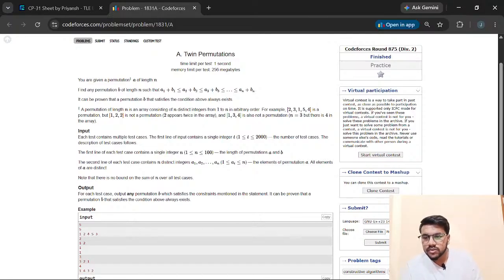Find any permutation B of length n such that A1 plus B1 is less than or equal to A2 plus B2, and A3 plus B3 likewise. Okay, it can be proven that a permutation B satisfying the condition above always exists. A permutation of length n is an array consisting of